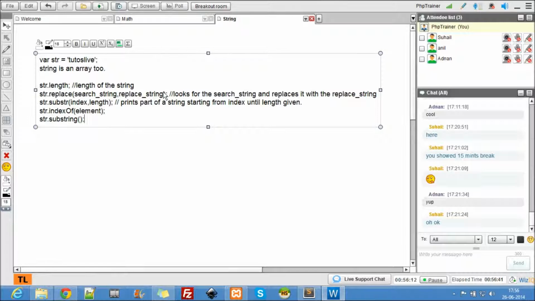Remember, substr and substring are different. Here we give a start index and an end index. It prints part of a string starting from the start index until the end index.